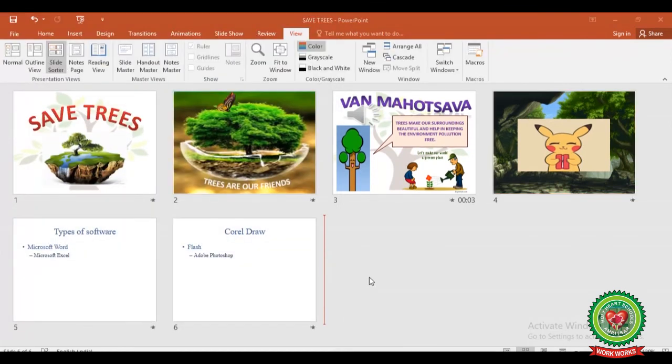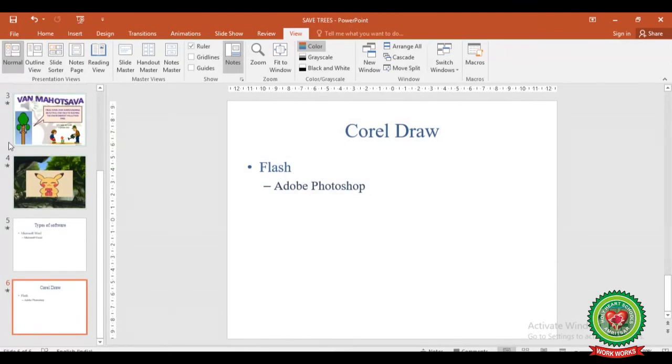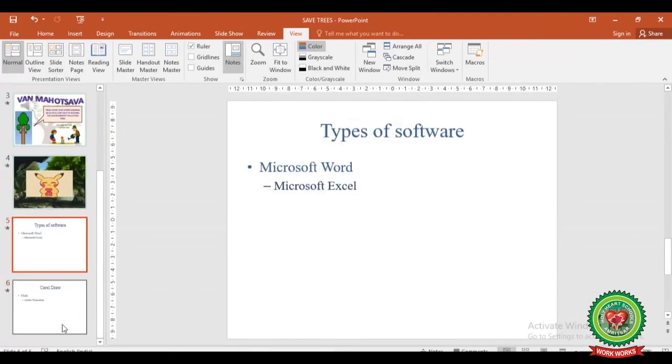Here you will see the Word file that you have created will appear in your presentation. Now click on View tab. From Presentation Views, click on Normal View button, and you will get the slides in your normal view.